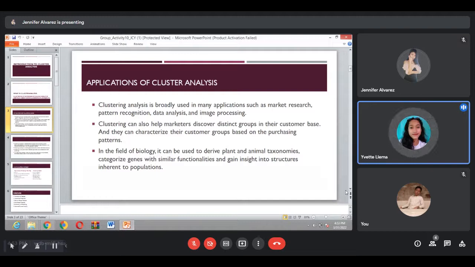Next, we have applications of cluster analysis. Clustering analysis is broadly used in many applications, such as market research, pattern recognition, data analysis, and image processing. Clustering can also help marketers discover distinct groups in their customer base, and they can characterize their customer groups based